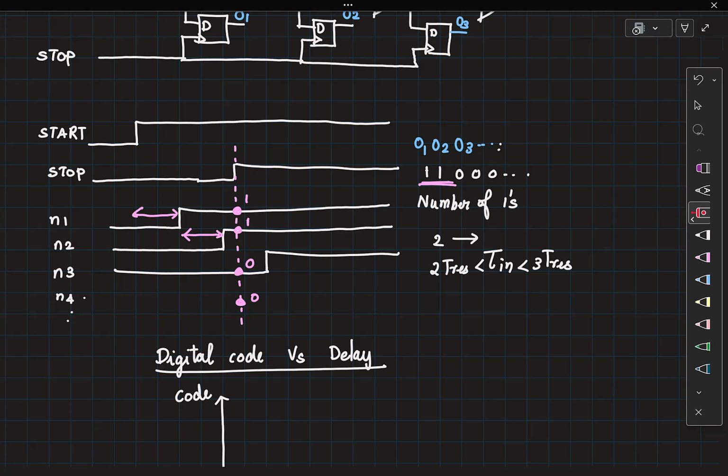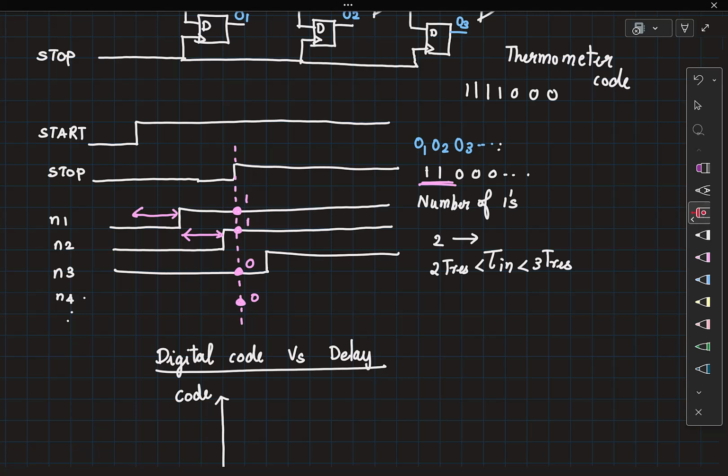So when you get a representation where you write something like this, and then you're looking at either the number of ones or the number of zeros, this sort of representation is called a, has anyone seen this? Thermometer code. Right? So now you can take a thermometer code and convert this into binary information. Right? So what is the information that you want to look at, you have to decide. In our particular case, we are looking at the number of ones. That information alone, you can encode it into a binary number.